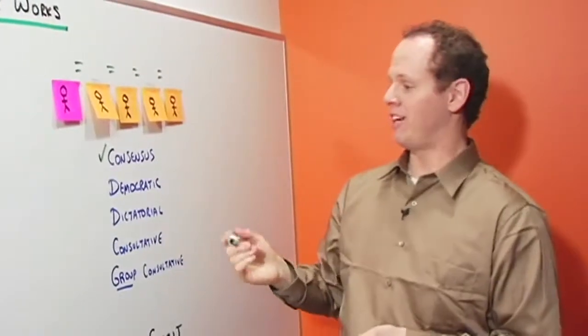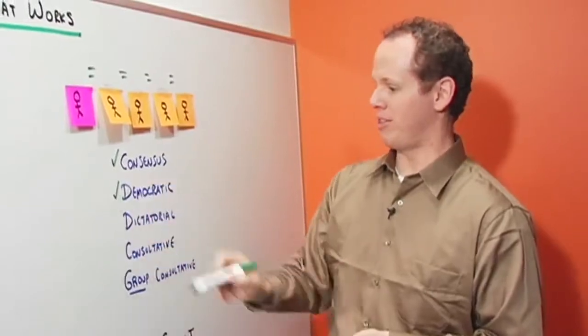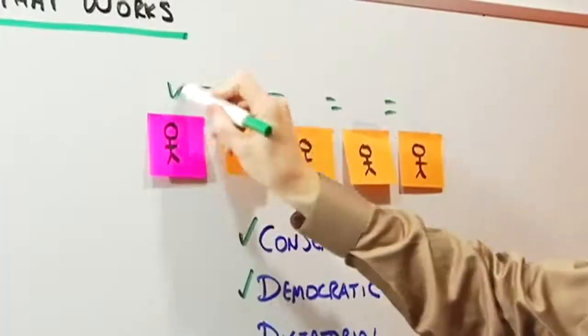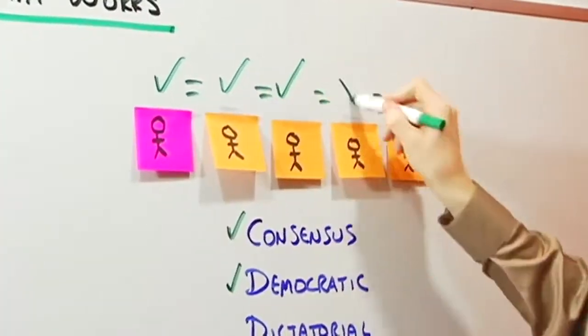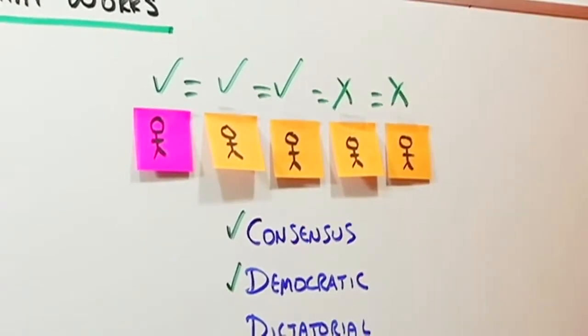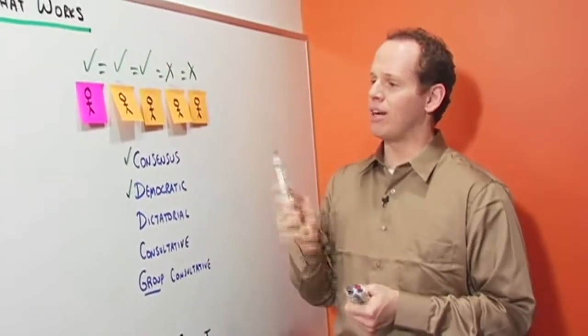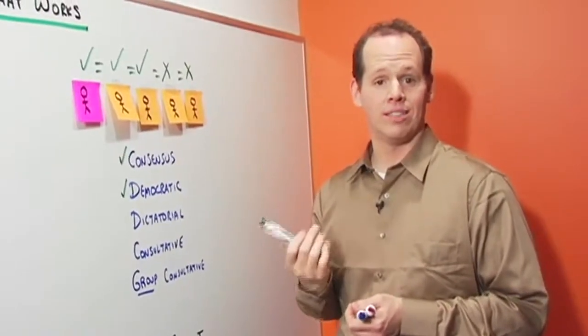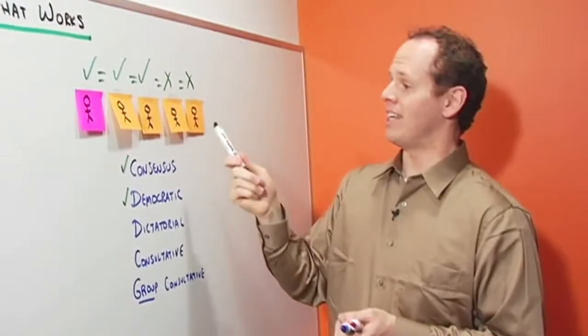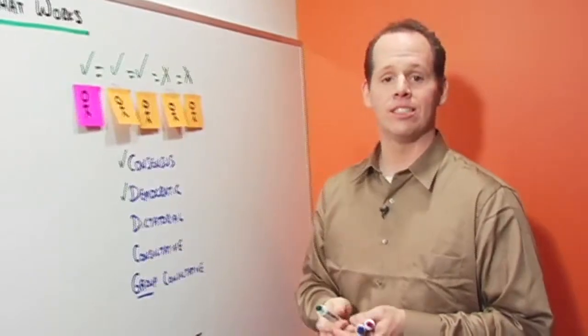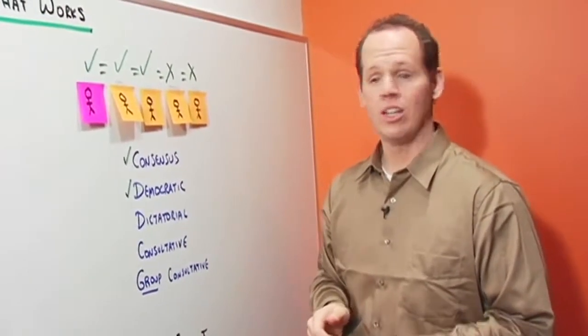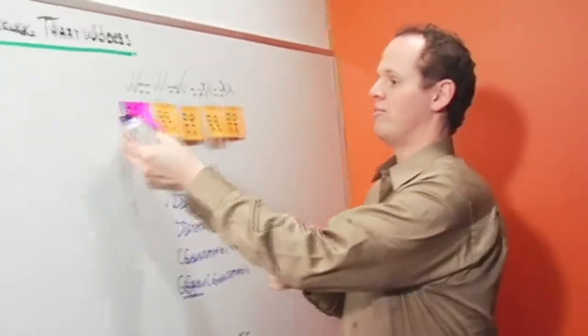Often what we do is a modified version of that called the democratic method of decision-making. In that case, we say if enough people vote yes on a change, it's okay if a few vote no, we still make the change. But in a sense, everyone's still treated as an equal, and the problem with that, although it is used in a lot of boards and groups like that, is that if people have specific expertise, that expertise doesn't always get weighed. So what we often do instead is we move to a different model. We put the manager in charge,